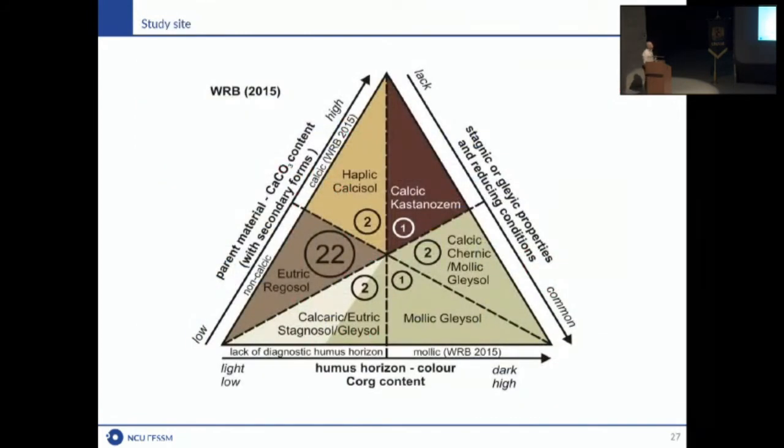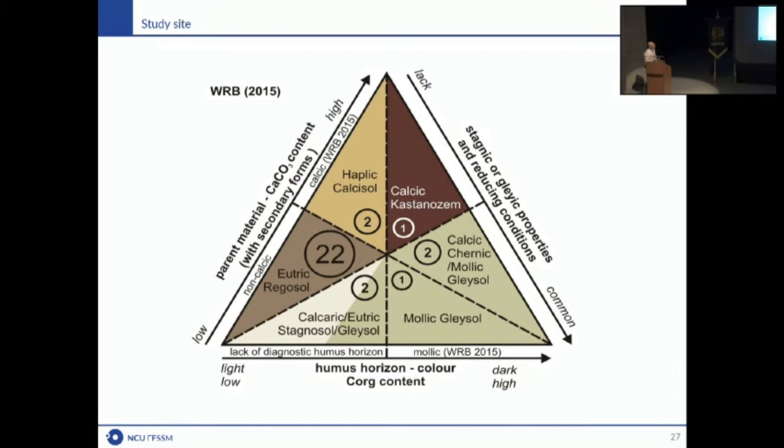And what we found. You can see on this graph the main features of this soil. First is the amount of the secondary carbonates. You can see that this line is divided into two groups. This group is where the secondary carbonates were enough to say that we have a calcic horizon. This group is with the protocalcic, sometimes even in some cases just the calcaric, but still with some carbonates.